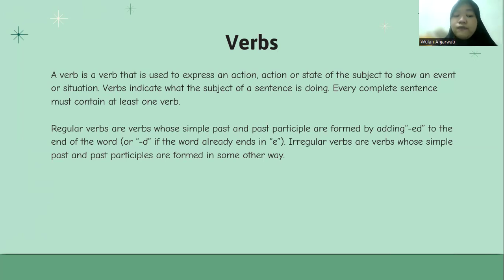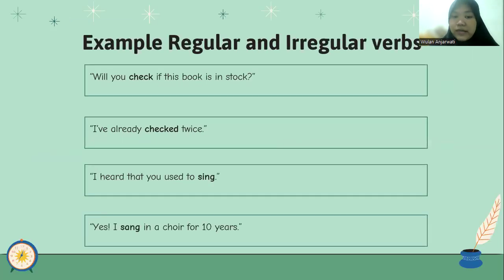And in verbs, there are regular verbs, which are verbs whose simple past and past participle are formed by adding ed to the end of the word, or d if the word already ends in e. And there are irregular verbs, whose simple past and past participle are formed in some other way. And this is an example for regular and irregular verbs, like, will you check if this book is